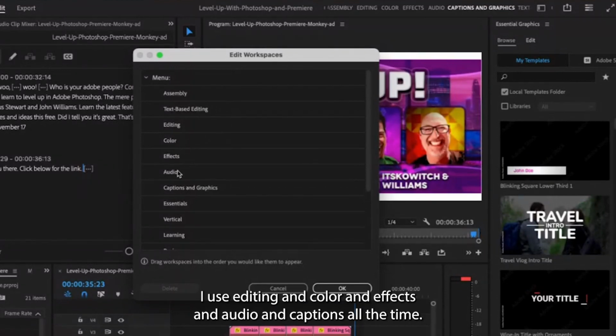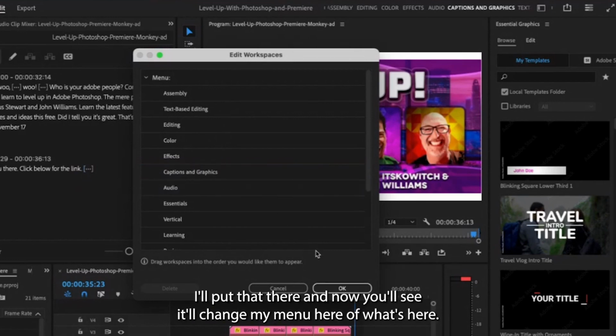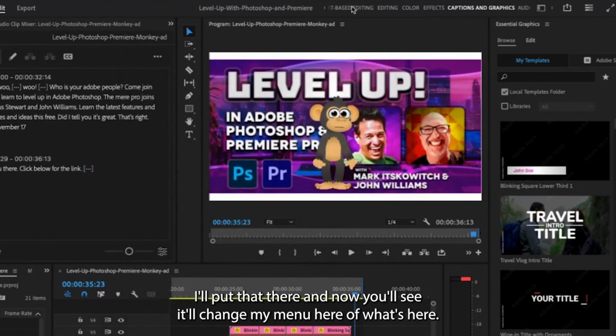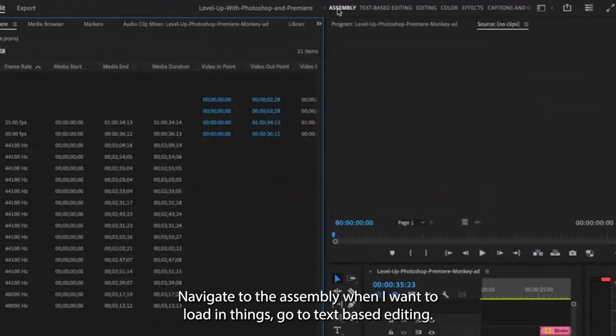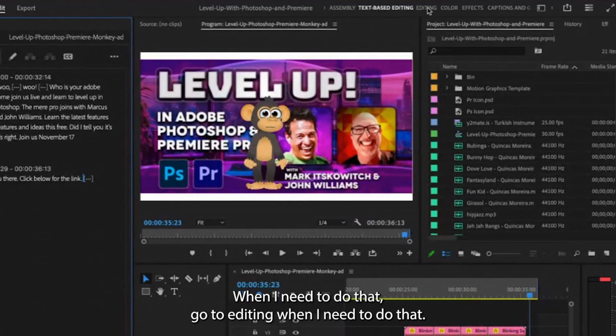I use editing and color and effects and audio and captions all the time. Maybe I use captions more. I'll put that there. And now you'll see it'll change my menu here of what's here. Pretty cool. So making it easier for me to change now, to go to the assembly when I want to load in things, go to text-based editing when I need to do that, go to editing when I need to